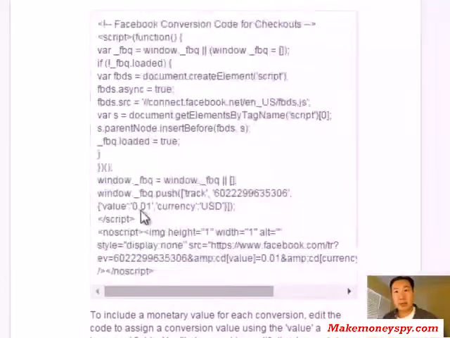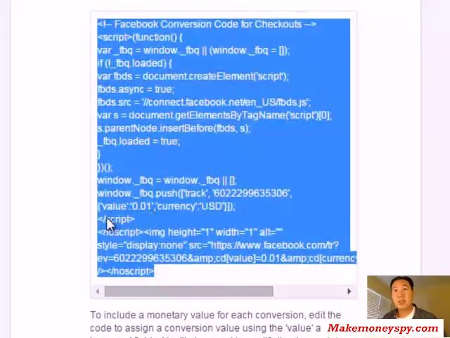And I thought I'd just point out this very important measure here. There's this value parameter as part of the JavaScript code that they're going to give you. Make sure that you actually enter in algorithmically the actual order value that the customer is checking out with. So for example, if you recall the tutorial that I did on AdWords conversion, there was some source code that I had you add to OpenCart so that you could pass the order value information over to AdWords. This is the exact same thing with Facebook advertising. You want to pass the total order size over to Facebook so that you can accurately measure the ROI of